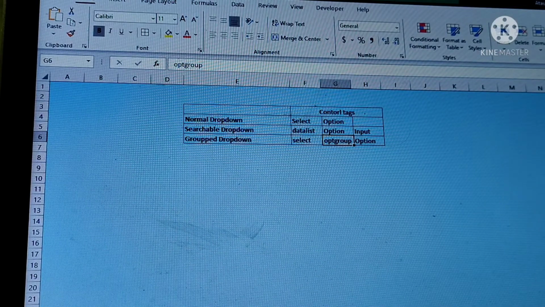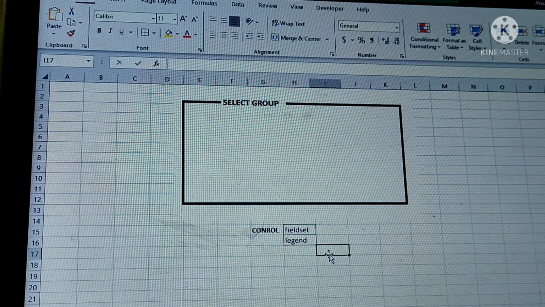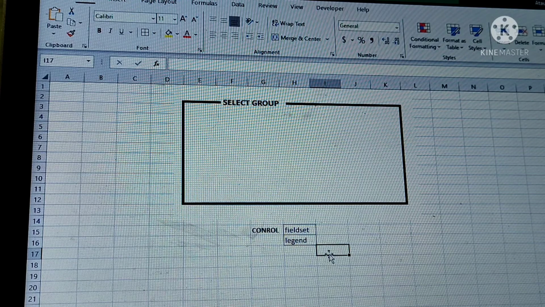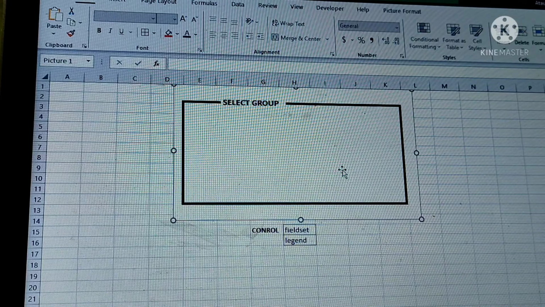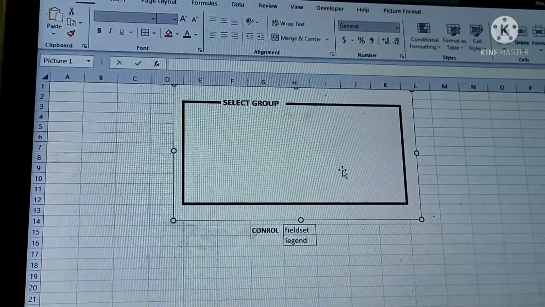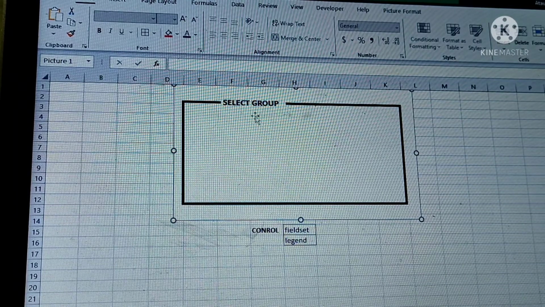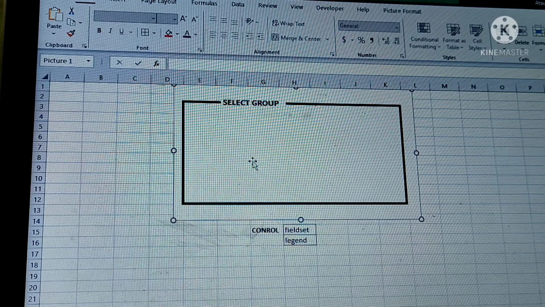So the last thing I need to discuss is the field set. Field set is nothing but, suppose you want to achieve this kind of grouping, like some boxing, some box creation, and give some text here and put your control inside. For that we can go for field set and legend. Okay,